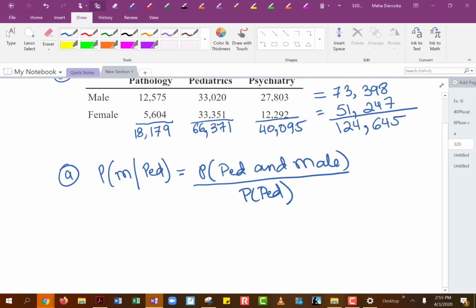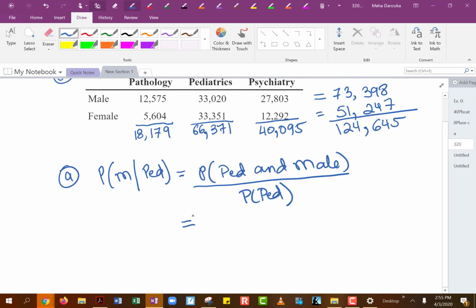So this would be pediatrics and being a male. That's going to be this number right here,